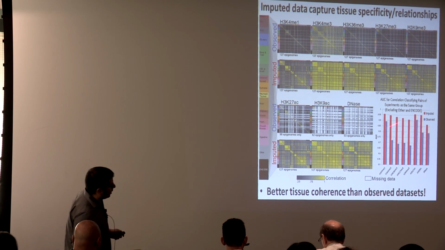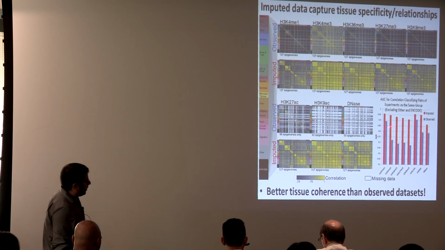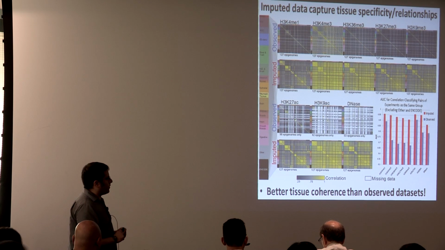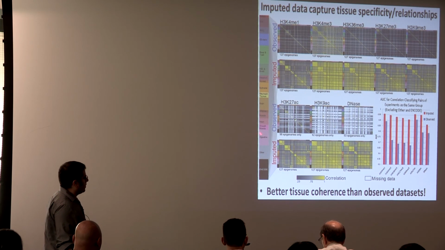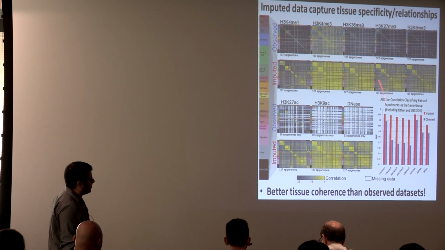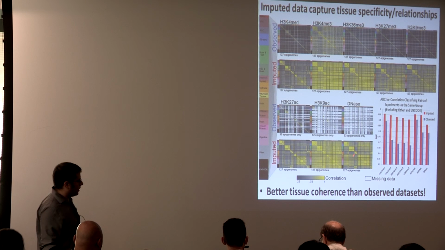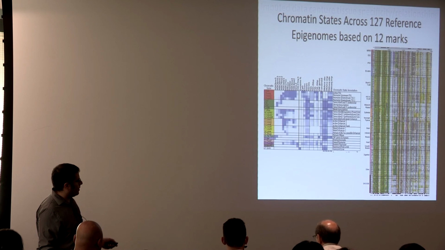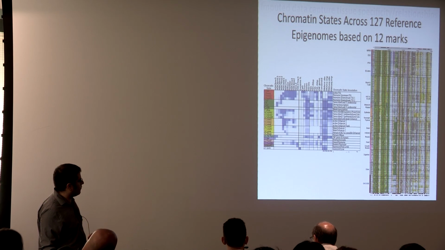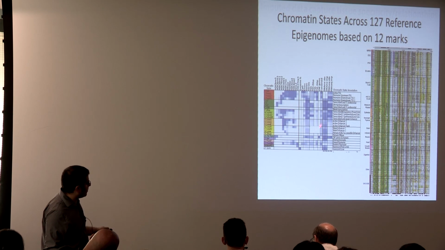And we can formally quantify this based on metrics such as predicting whether two experiments are annotated to belong to the same biological grouping. How well can we predict those experiments based on ranking by correlation, and quantify it using metrics such as area under the ROC curve, if you're familiar with those. So this is showing you here